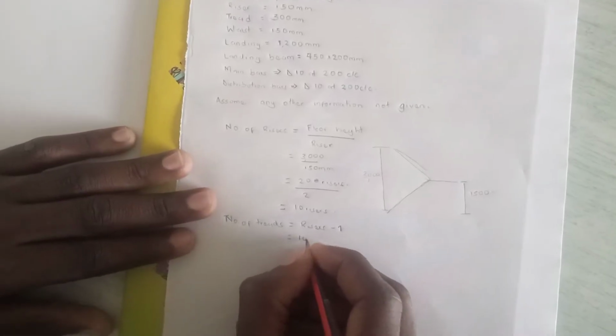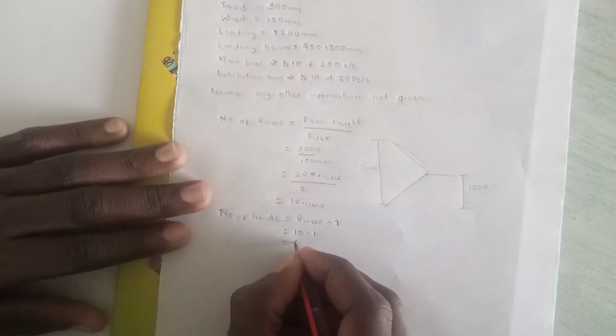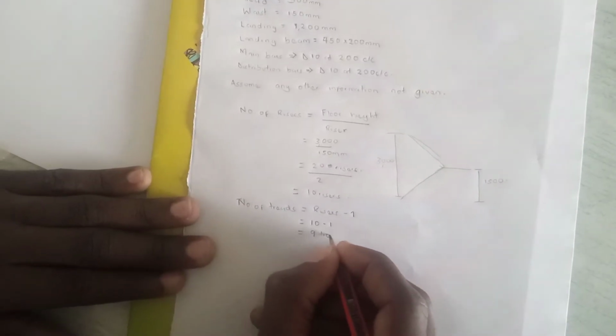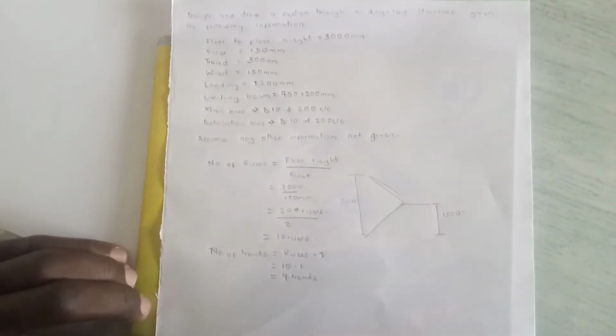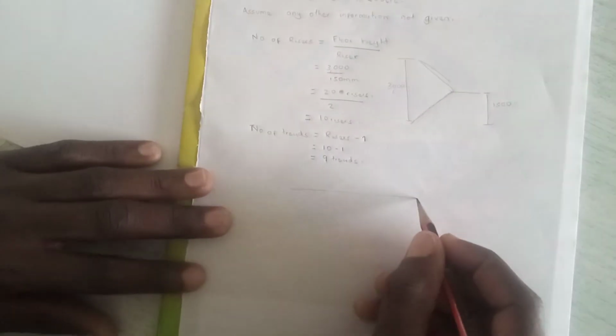So we are going to have 10 risers minus 1, which implies that on each flight we are going to have 9 treads. Each tread is 300 millimeters. So this implies that we can get the total length of our stair